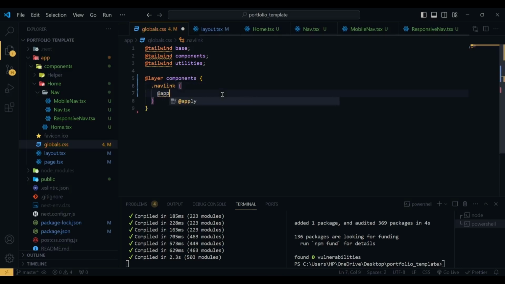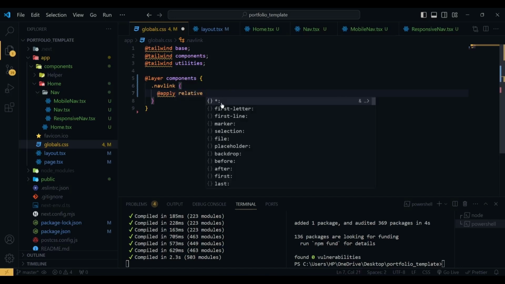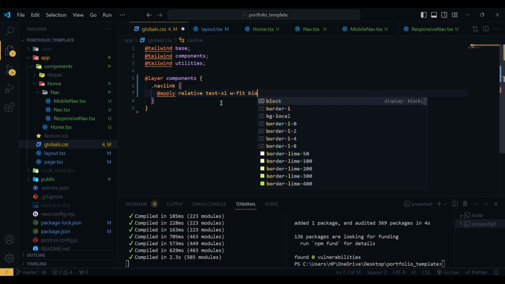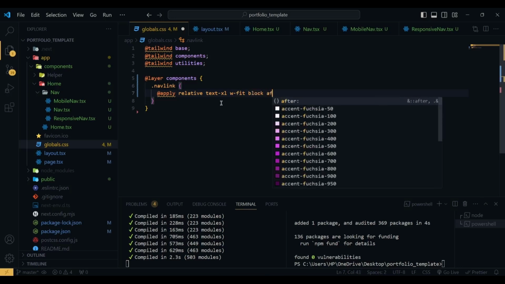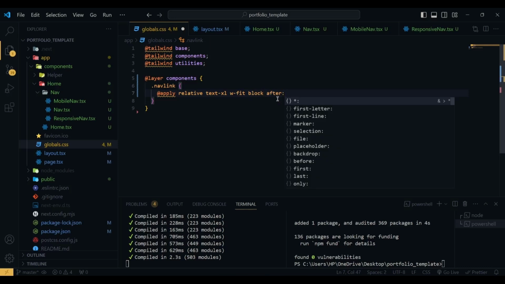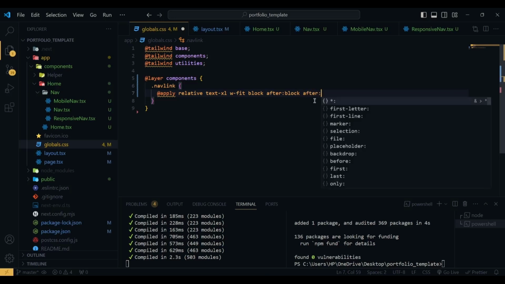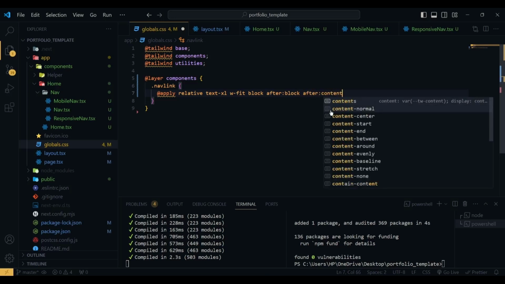So here we're going to apply relative positioning, then the text will be xl, width will be fit, and it will be block, and after block, and then the after content will be empty, then the after position will be absolute,